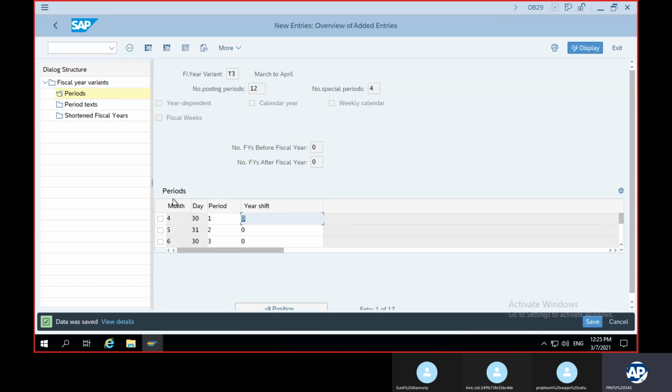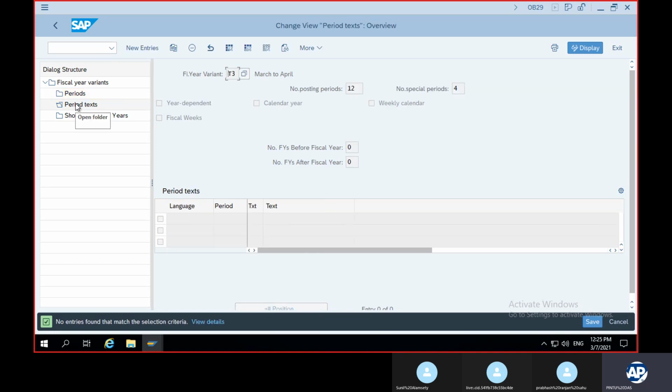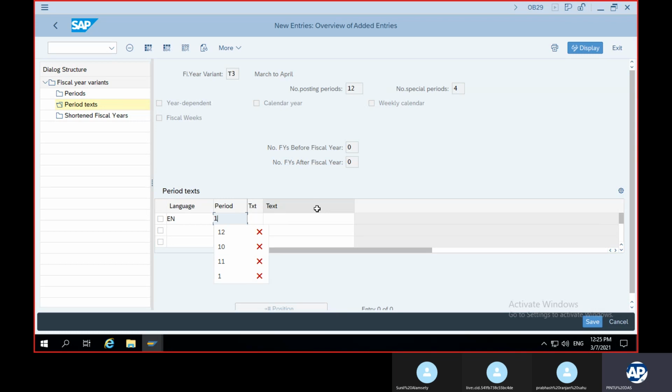After you configure this period, month, day, period and year shift, you click on the period text. In the period text, you have to give your language EN. Period is period 1. Text APR, April.